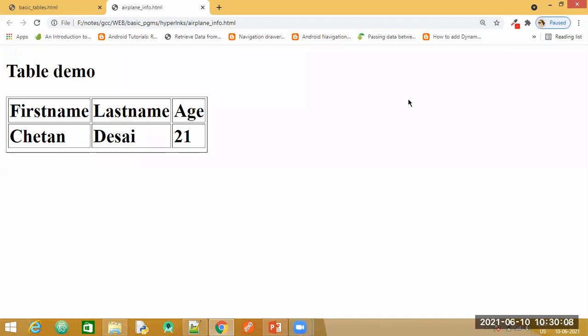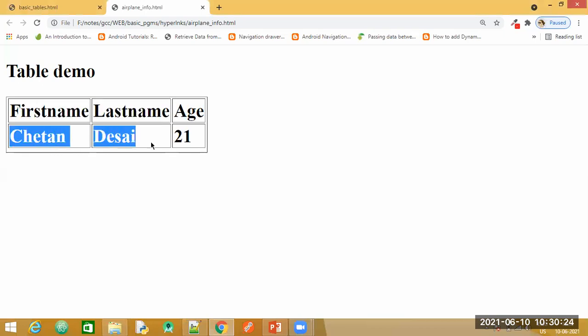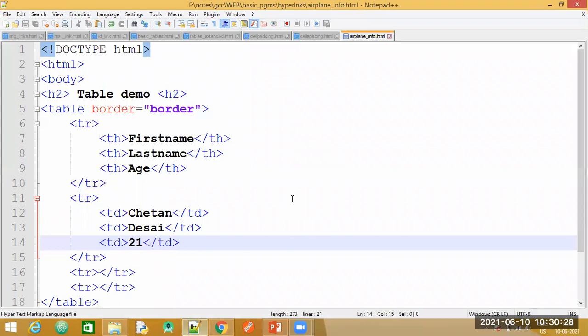You are able to create a second row. So similarly, in the next two more table rows, we will be able to have the different data. Now the thing here is we are able to see the title is displayed in bold as well as the values are also displayed in bold. So have a look, we must have missed out some closing tag somewhere. Have a look at the contents. Some tag must have been missed out.